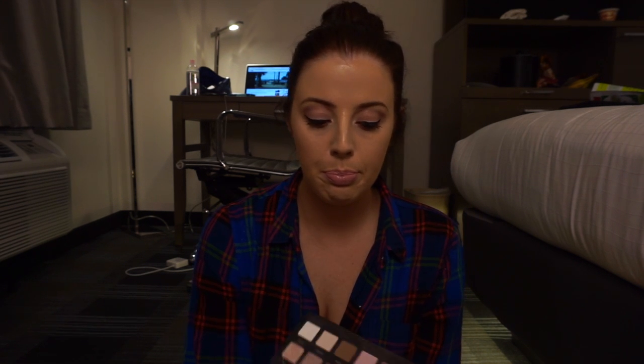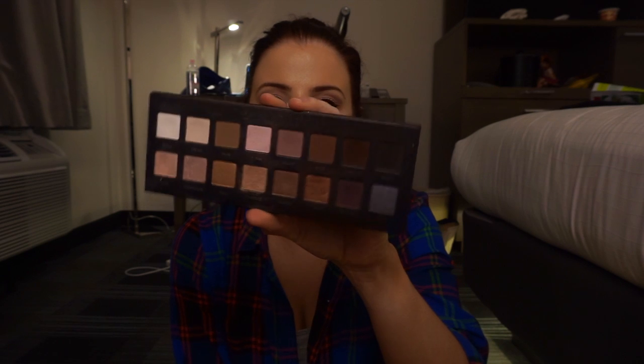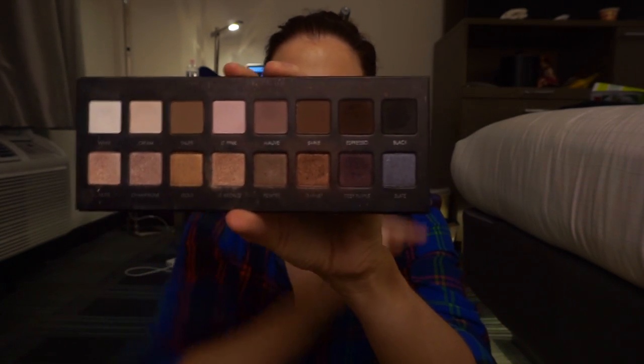For eyebrows, I didn't really bring much with me by way of filling them in, because obviously I've had them tattooed in, so I don't actually need anything. But I did figure out some of the colours from the Lorac Pro palette, like this sable colour would be nice because it has more of a ginger tone to it,